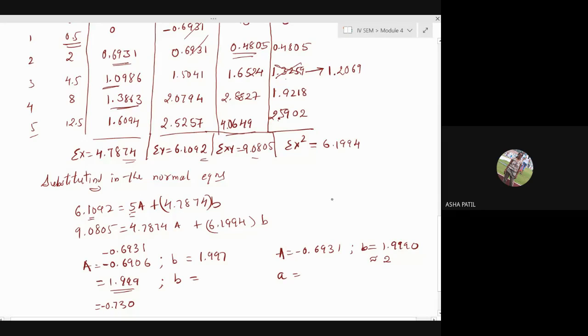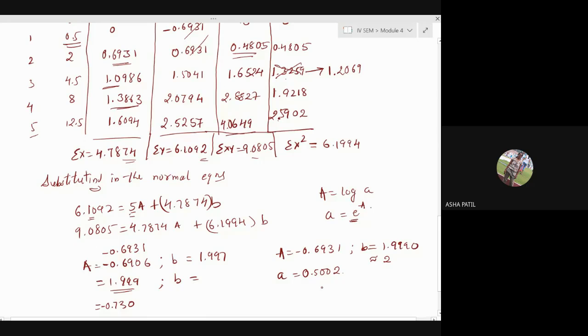What about the small a value? Capital A you have taken as log a, so a becomes e raised to A. Which E are you taking again? Whether you are pressing shift and E, or alpha E, check whether you have to press E raised to or not. Check it correctly and tell me the value of small a. 0.5002. Can write it as 0.5 then.